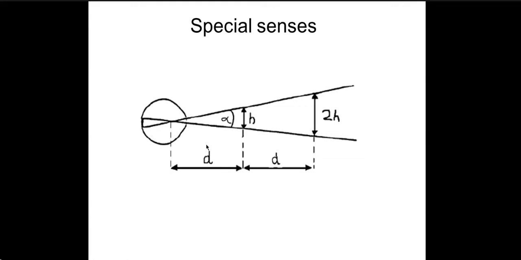Sir, please repeat. Suppose this is the letter which you should read from 6 meter distance. So the letter is small. In Snellen's chart, the letter read from 6 meters is small. And the letter read from 60 meters, is it big or small? The Snellen chart has big letters and small letters, right? Yes or no?